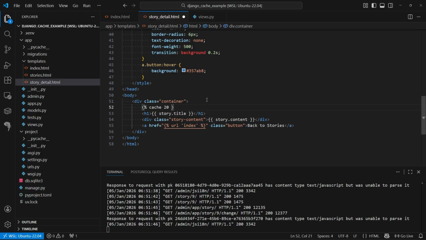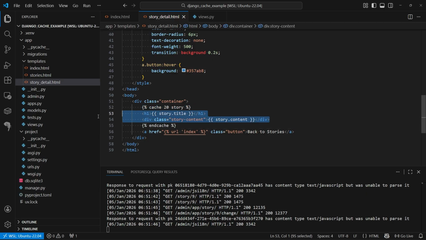And then I need to give this a name. So the name that I'm going to give this is story, right? And then let's see what happens. So I'm going to end cache here. So the idea is I'm caching the title and the content here. So let's go back